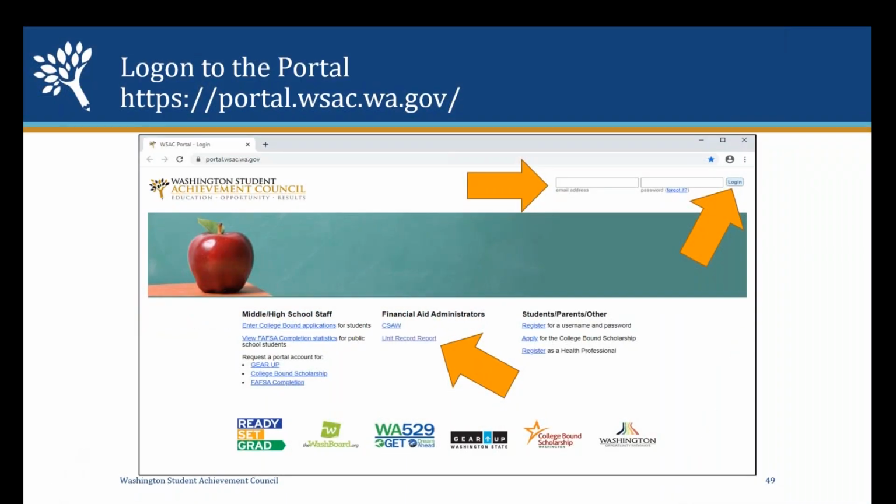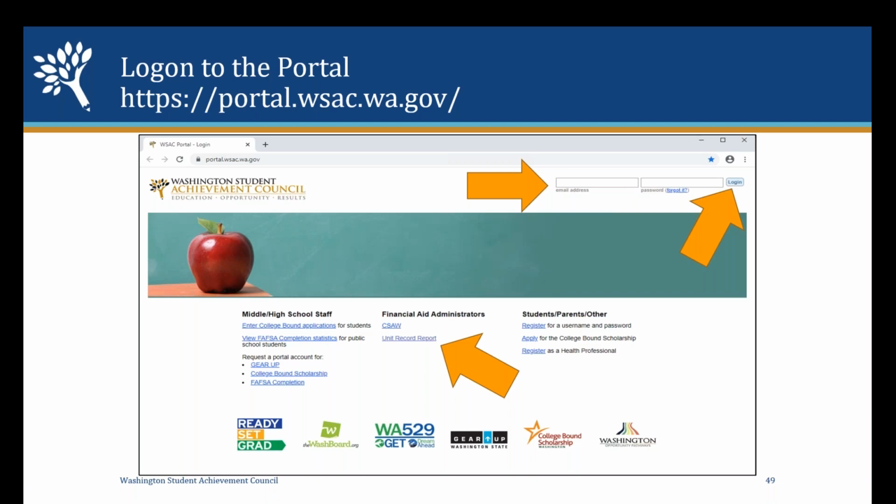Much of the information I'm going to go over may be a repeat for a number of you, but we believe there may be a lot of new aid administrators on the line with us, and so each year we go through step by step the entire process, just so we can capture understanding for those that have not been through the process before. This login is the direct login to the portal, and as we mentioned earlier, both for portal training and for the main portal,